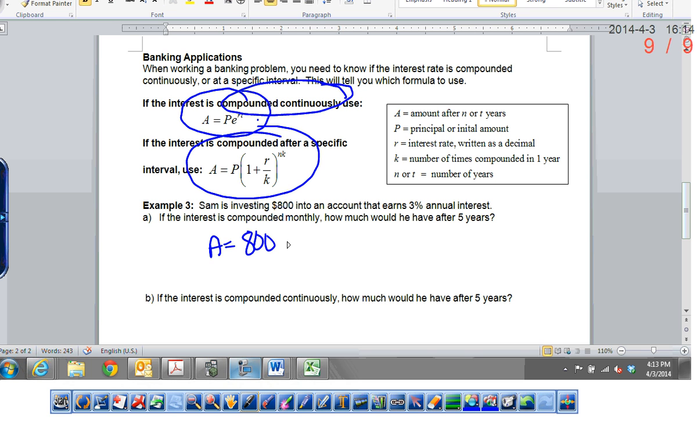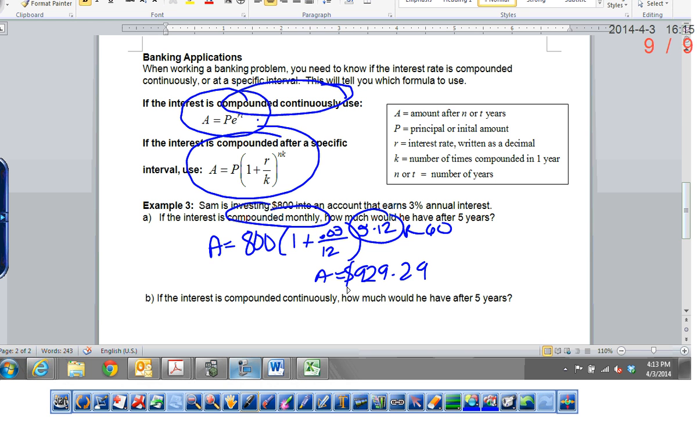So we say Sam starts with $800. We're just following this formula. We always use decimals when we're talking about the interest rate. Over the time, it's compounded every month. So 12 over 5 times 12, 5 years times 12 times a year. What I would recommend doing is multiply that first. That gives us 60. Then come back and do the 0.03 divided by 12, then add 1 to it, then take that to the 60th power, multiply by 800, and you get